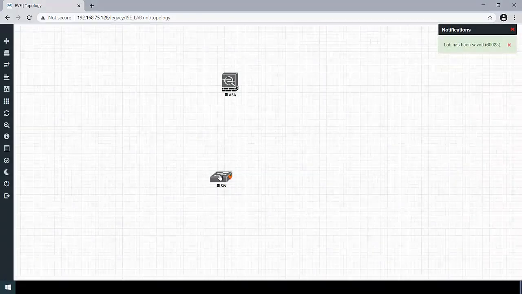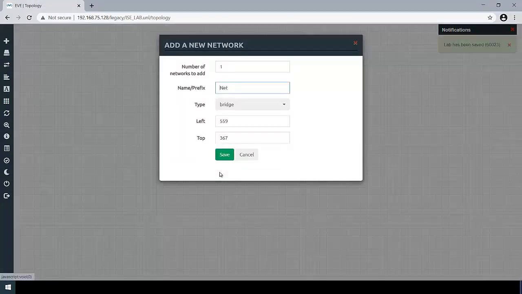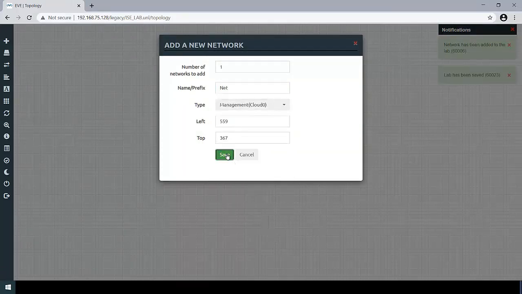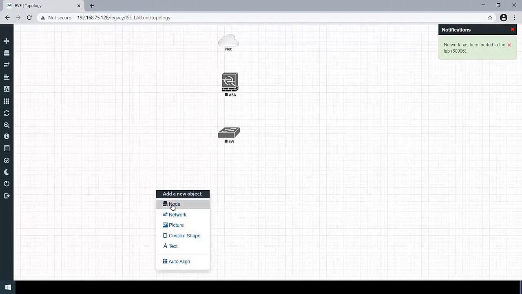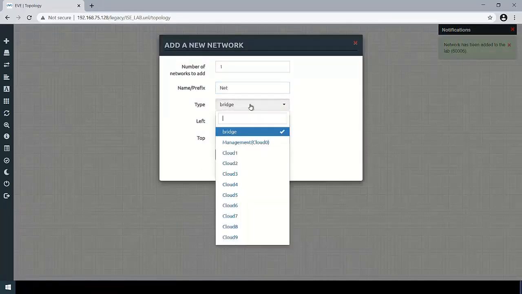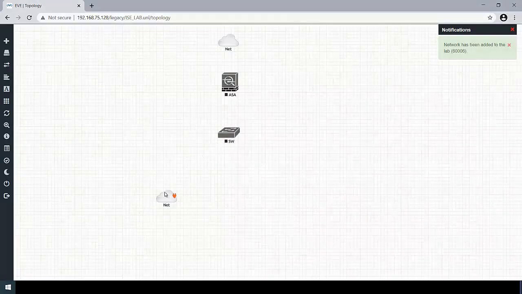Click on save. So you can see switch is also there. Let's connect internet management interface with ASA. Also let's select our VMnet1 which is connected to ICE so that we can connect it to switch.